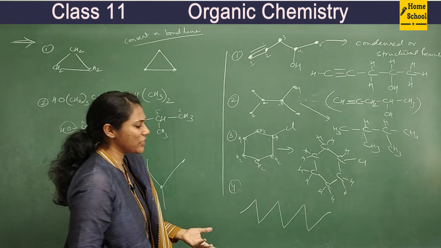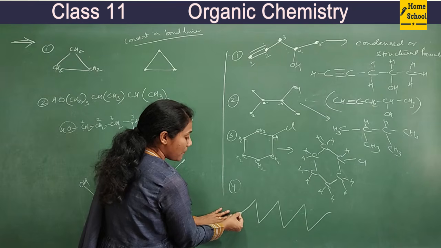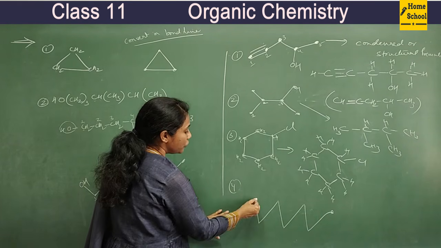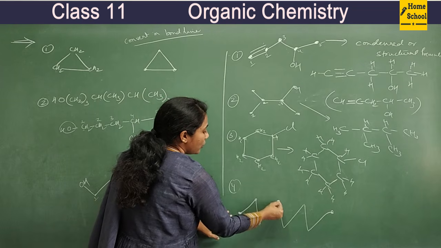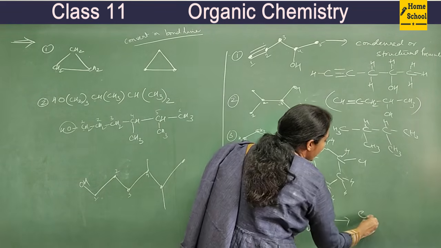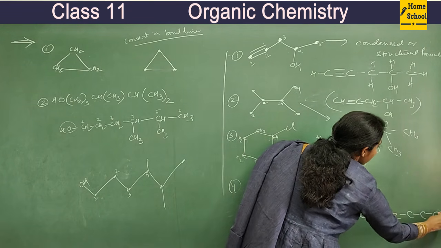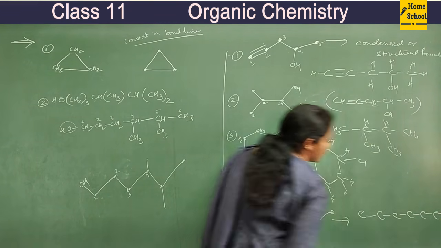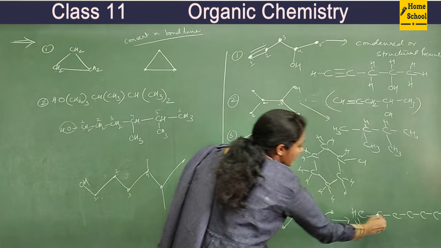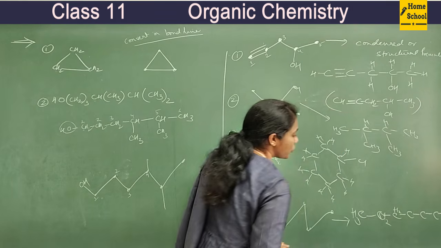Okay, so the fourth one was like this, right? It's much easier. There are no branches. Just count the points. Don't forget these points. This is a point, this is a carbon, and this is also a carbon. So 1, 2, 3, 4, 5, 6, 7, 8 carbons. Now show that this carbon needs 3 hydrogens, CH3. This one 2 hydrogens. Here 2 hydrogens, CH2. Right?